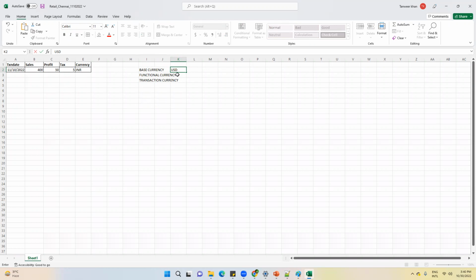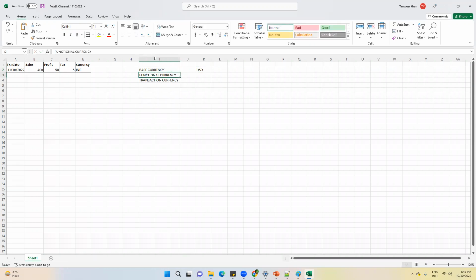I will give you an example for all these things. What is the meaning of functional currency? Any guesses? It is the currency used in a particular organization, the domestic or regional currency.